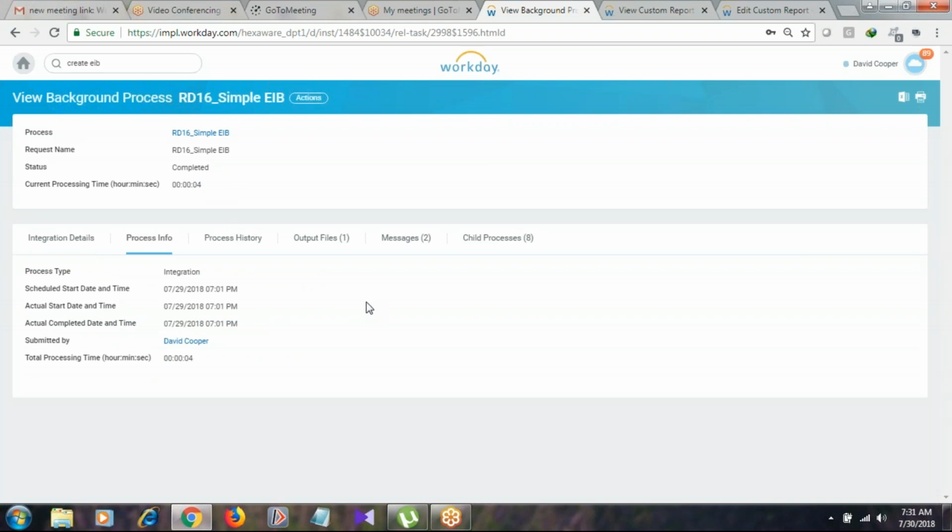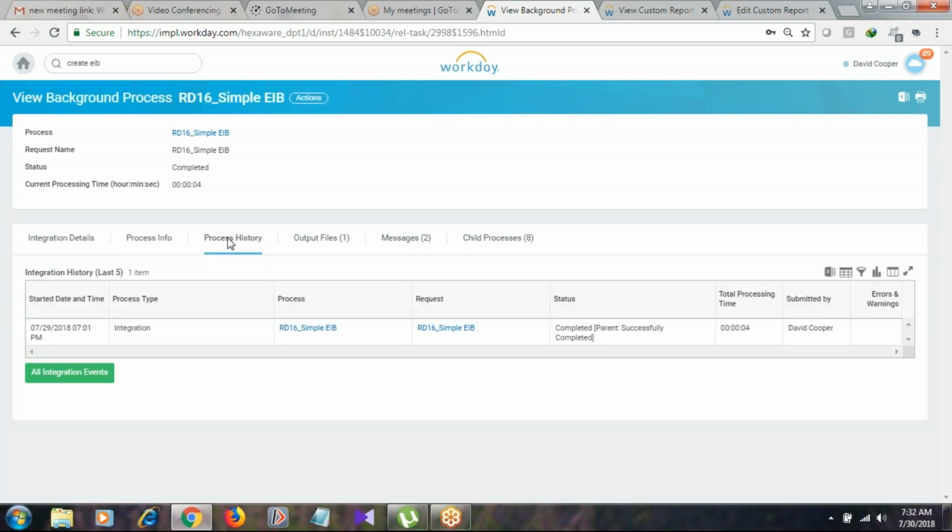In the process info tab, you see the schedule start if it is a scheduled run, or in a manual run, when the integration started and when it completed. You can see submitted by, actual completed date, and total processing time in the process info tab.